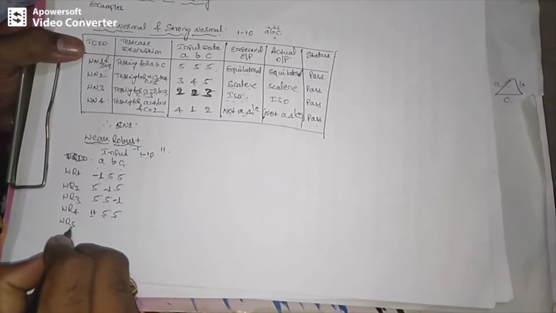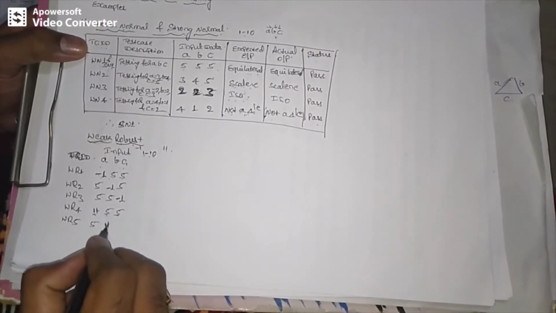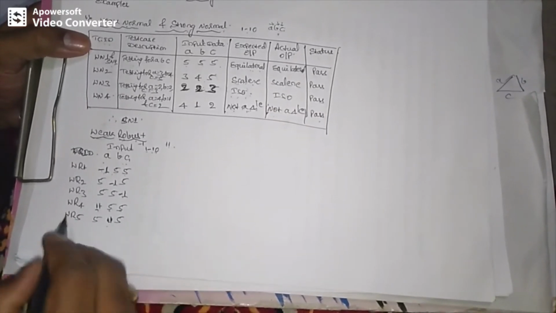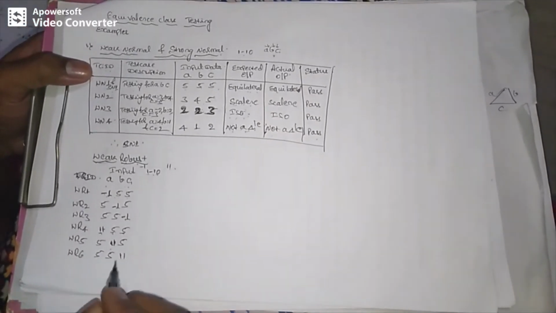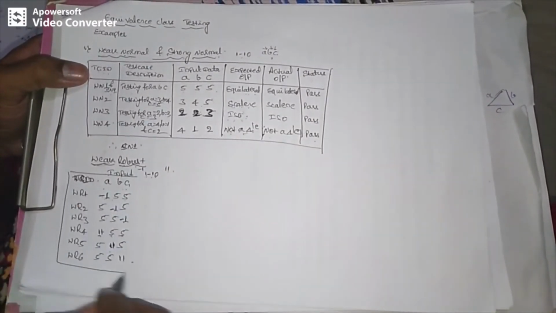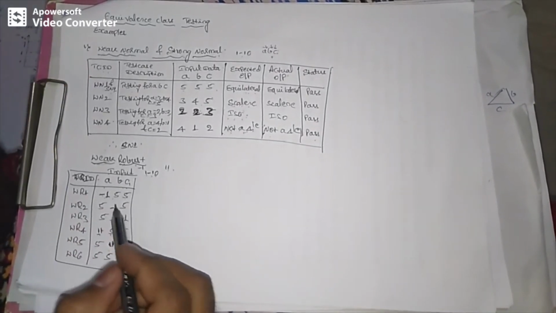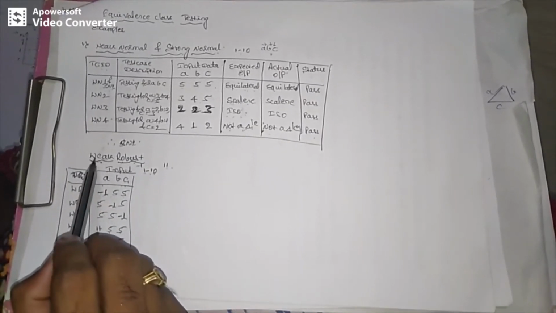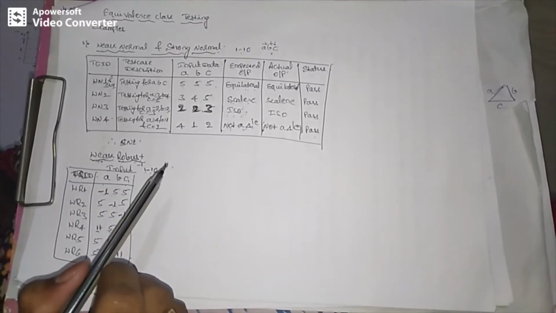So next test case, now A is over, then the other one, B, will go invalid. Now B I have made invalid, and A and C will be valid, and next time A and B will be valid and C will be invalid. These are the 6 test cases we can generate under the weak robust test cases. So I think all of you understood how to write the weak robust test case. Under weak robust, robust indicates invalid input, weak indicates single fault assumption.